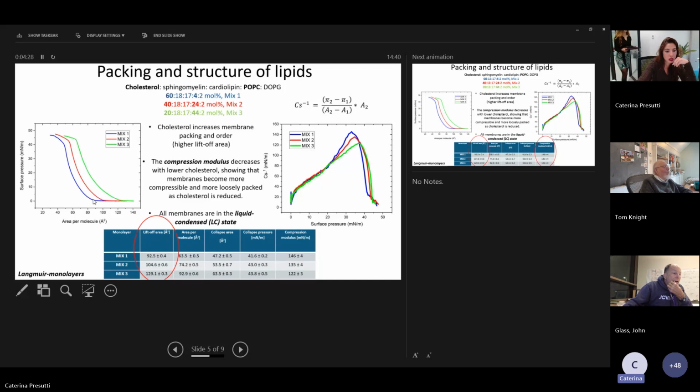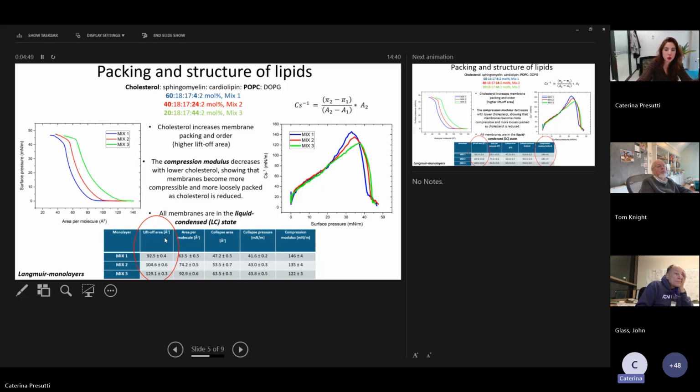So basically it represents the point in the isotherm when the isotherm starts to take off. And a high lift-off area indicates weaker intermolecular interactions, or bulky structures that prevent tight